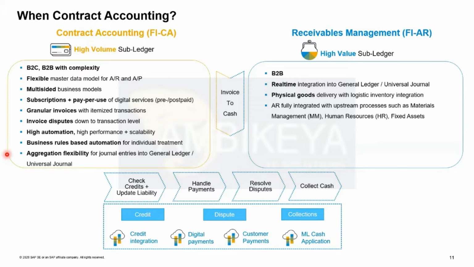Basically, FICA has some weaknesses in regards to connection to the logistics processes. So we can deal with physical goods as well. So we don't need a separate customer. If we come to the right side of these slides, we can hand over the billing for physical goods, for services, so technical services, also to FICA, if this is the subledger of choice, or direct,